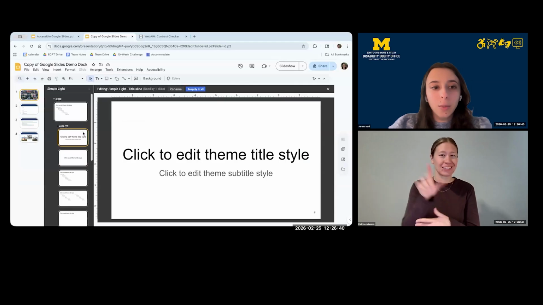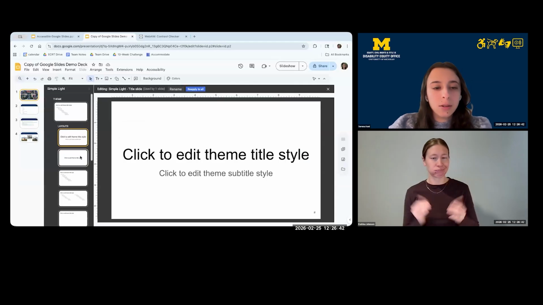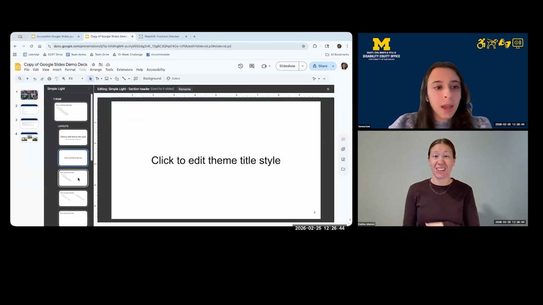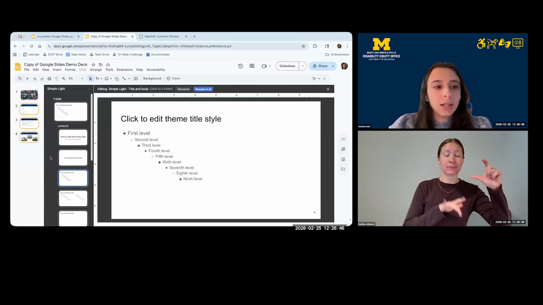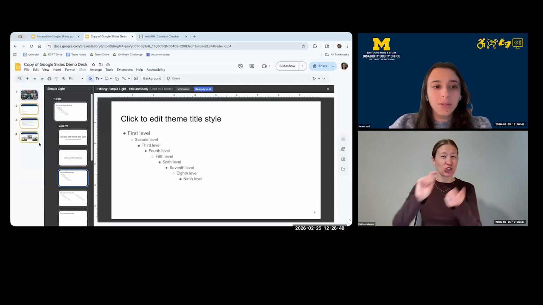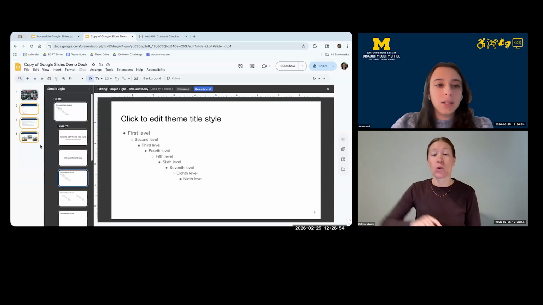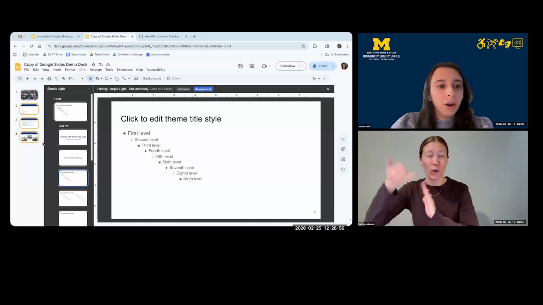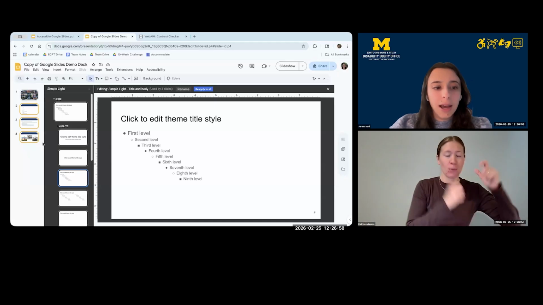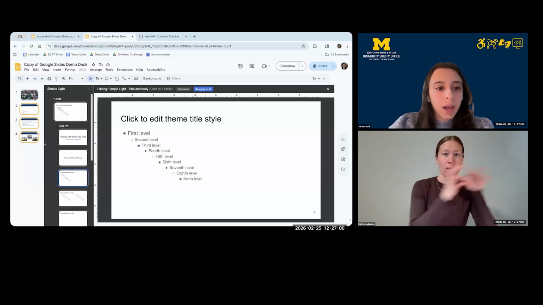If you pick one of these slide layouts on the left-hand side, you're making changes to the design of that specific slide layout. And Google will highlight in yellow the slides in your presentation that are currently using that specific layout.